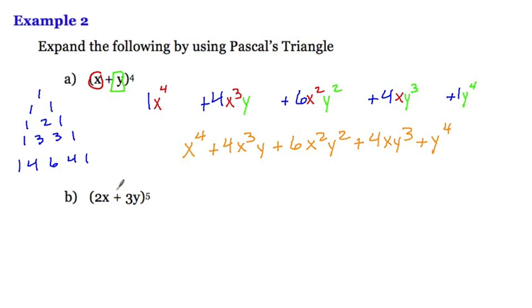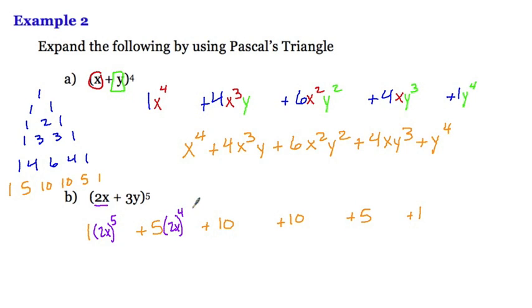So let's use that same thing for the fifth row. Now, we only went to the fourth row here, so I'm going to add the fifth row so we have it to look at. Okay? Same concept here: 1, 5, 10, 10, 5, and 1. Plus sign, so everything is a plus again. And we'll get to the minus in a second. Now, we'll start with the first term. Let me change my color here so we have something different. 2x. Now, 2x to the fifth,